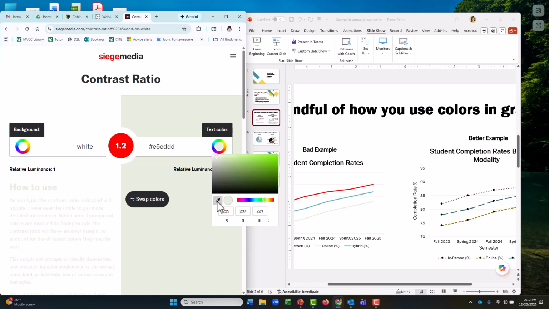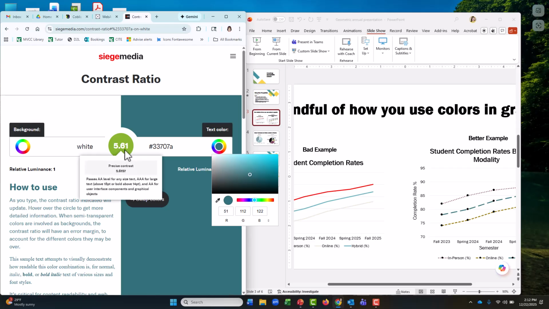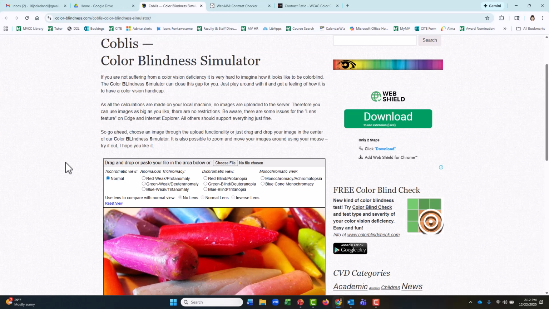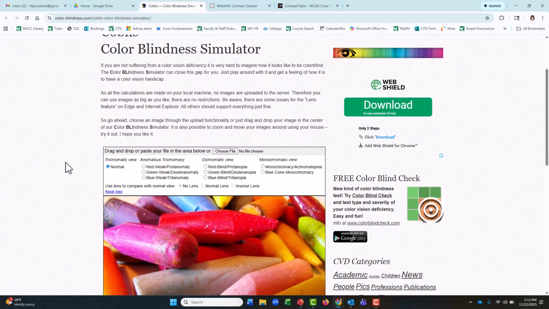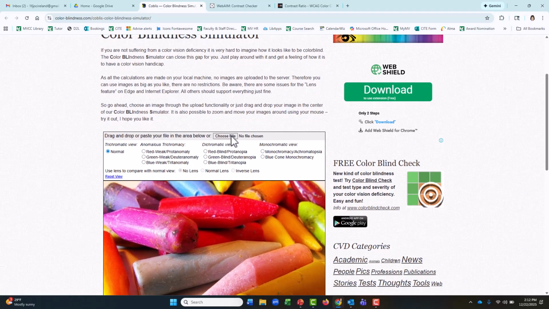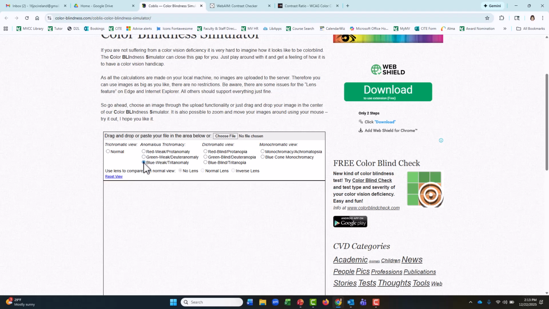Let's test out a different color to see how I did. I'll grab that one, and that one is much better. This color blindness simulator is also very helpful. You can upload a file of an image and see what it would look like for people with different color blindness